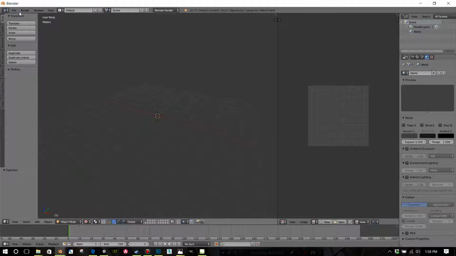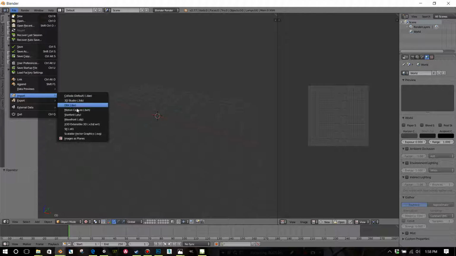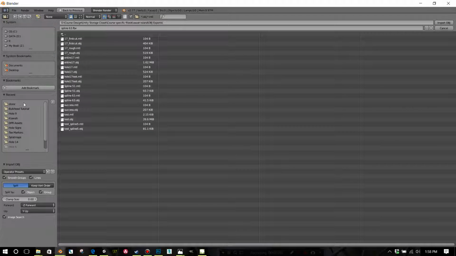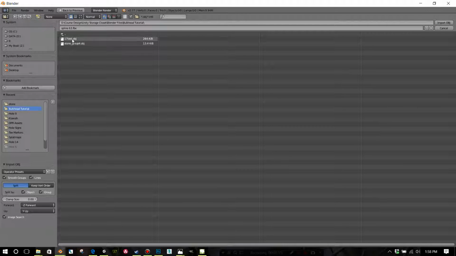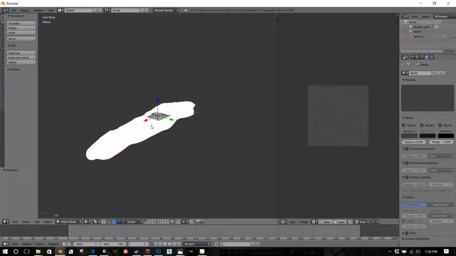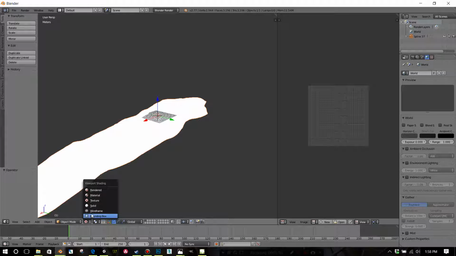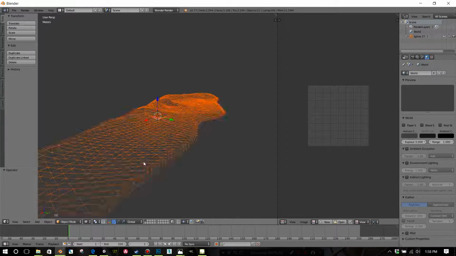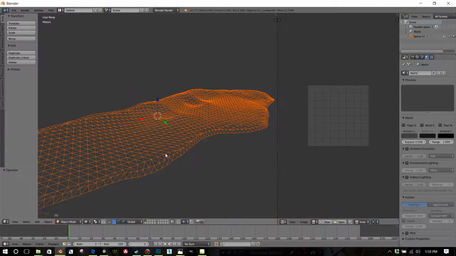Anyway, let's bring that in. We go File, Import, Wavefront OBJ. Okay? And we're going to import that spline we just made and exported from Unity. Now you see it's here. If you go to wireframe view, so viewport shading, wireframe, you're going to see that's the same mesh for